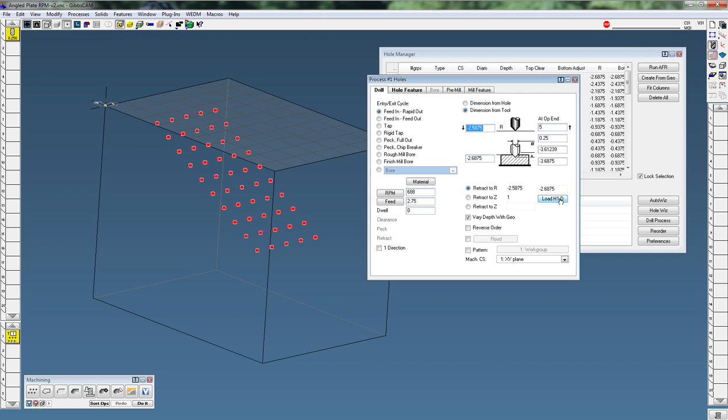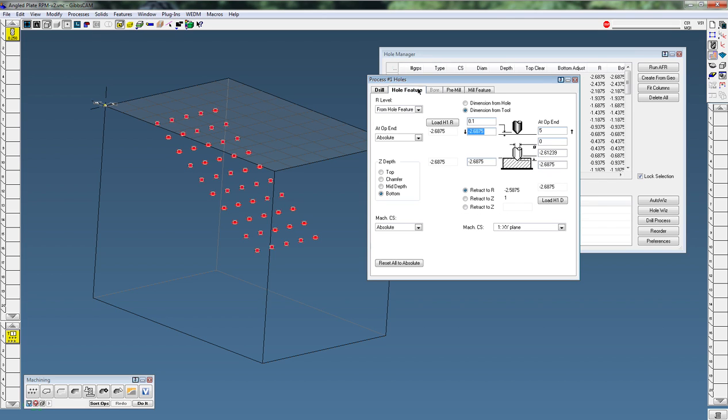So the first thing I'm going to do is when I come in here, I'm going to hit this Load H1 button. It actually loads the value for the hole from the hole manager. I'm going to come over here to hole feature. I'm going to set this to face hole from hole feature. I'm also going to click this Load H1 button, which will also load the geometric values for the